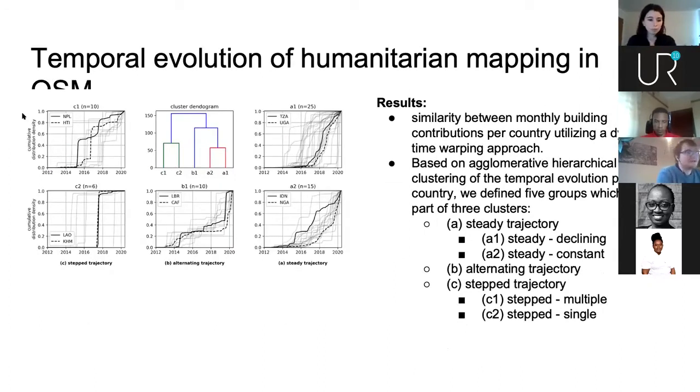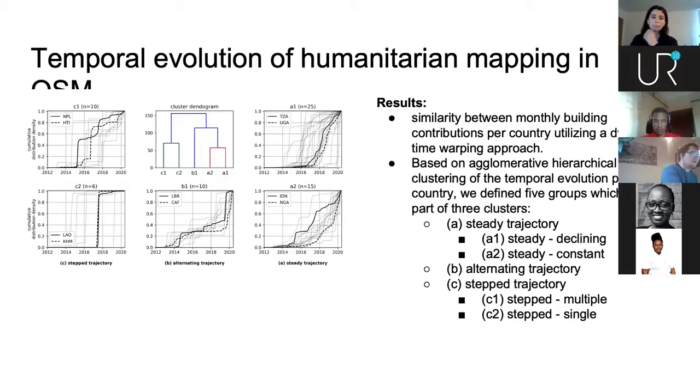And on the next slide, we now wanted to check, okay, let's go to the country basis and compare different countries when it comes to OSM mapping over time. And the biggest distinction that we found here, and you can also see them in the figures, if you start at the very left again, you see that the shape of the graph is like a step function. It could be one or multiple steps. So this means mapping has happened once or twice in a very short time frame and not so much afterwards.